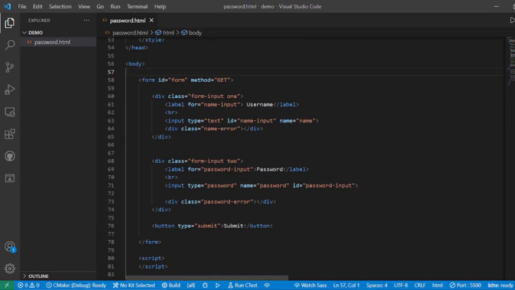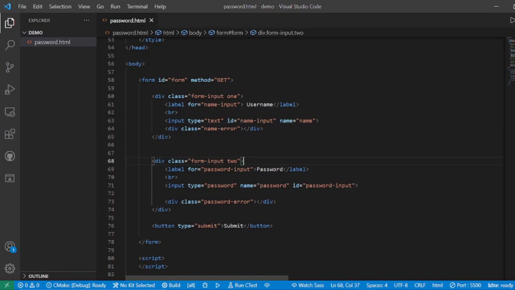Coming to our code, let us understand the HTML first. Here on line 58 we have the form with an ID of form and a method of get. That is irrelevant over here, but still I am mentioning it. Now the form input 1, that is the name input, would be in this div with a class of form input.